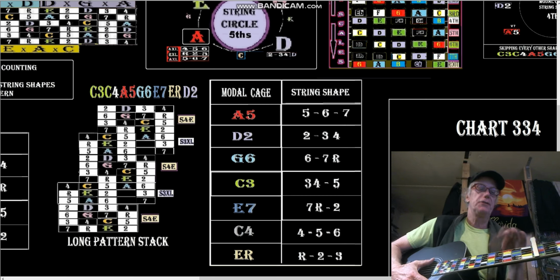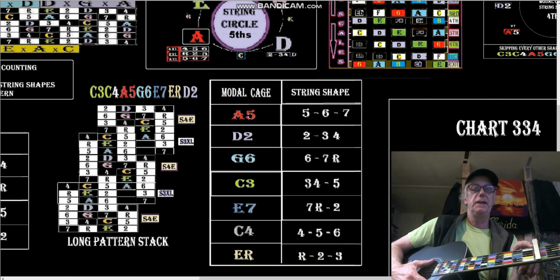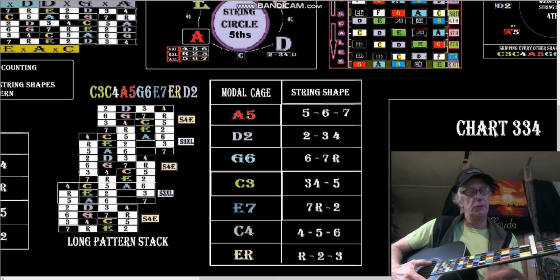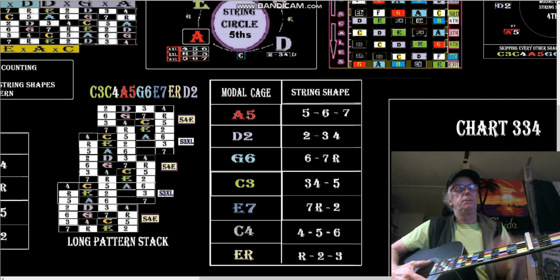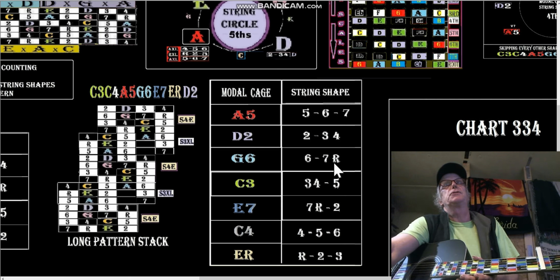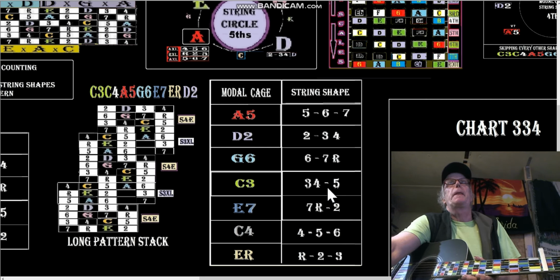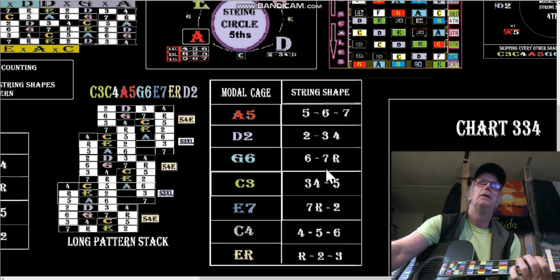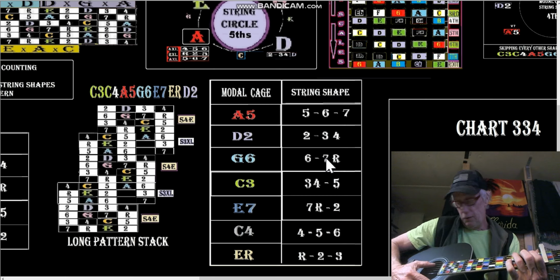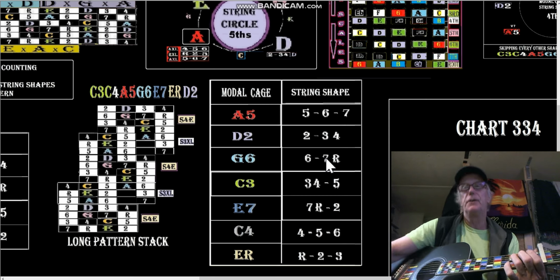But now we're going to substitute for that 3. We're going to start the count at root, because we want to play in the key of E minor Phrygian. So it goes root, but we're going to follow that same scale I just played. We're going to follow these same shapes here as we go up. So it's going to be root 2, 3. Okay, then 4, 5, 6,